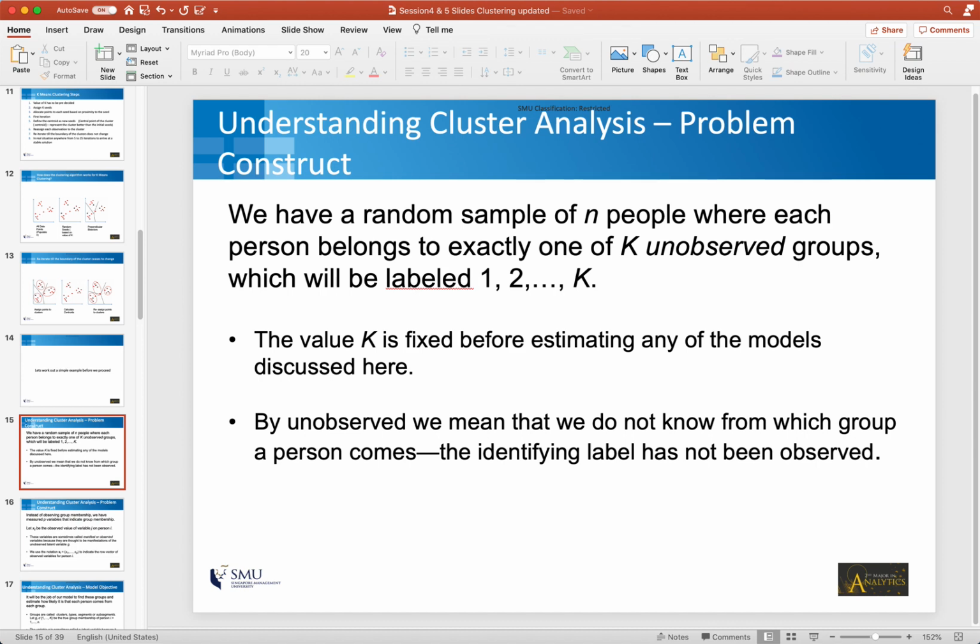In other words, when you get the entire data set, it kind of represents a single cluster which has all the observations in it. Once you decide a value of k, then based on the algorithm that we discussed, you will start assigning observations to one of the k groups. So that is the meaning of unobserved groups.